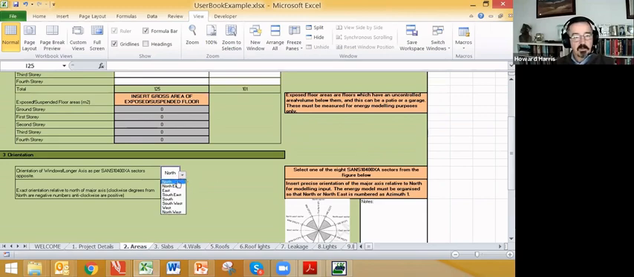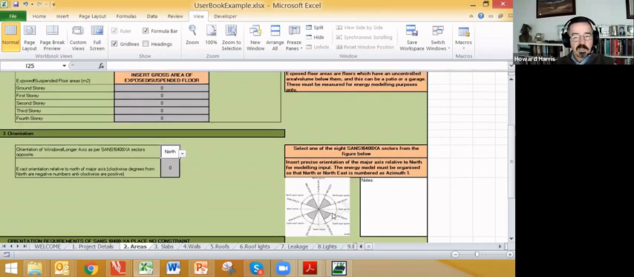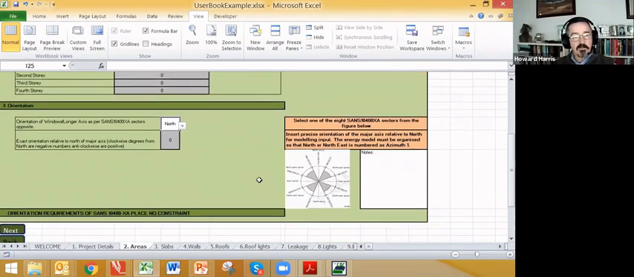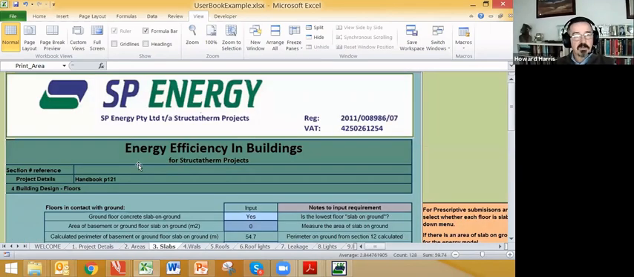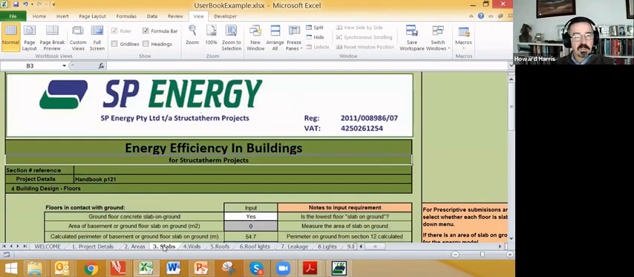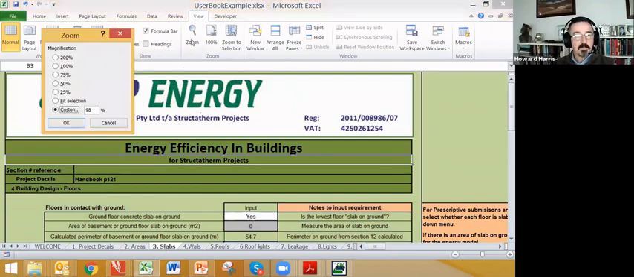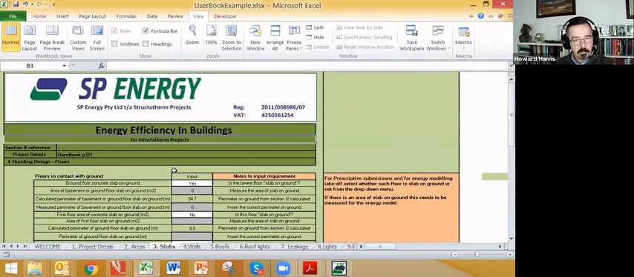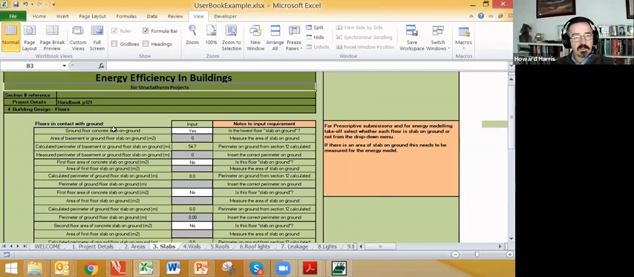And the drop down should correspond with the SANS 204 orientation sector options as are shown on screen where my cursor is circulating. Now if you drop down to the next button, we'll proceed to a tab which is entitled the slabs, and getting it back onto 75%, we'll see that this section requires that for any of